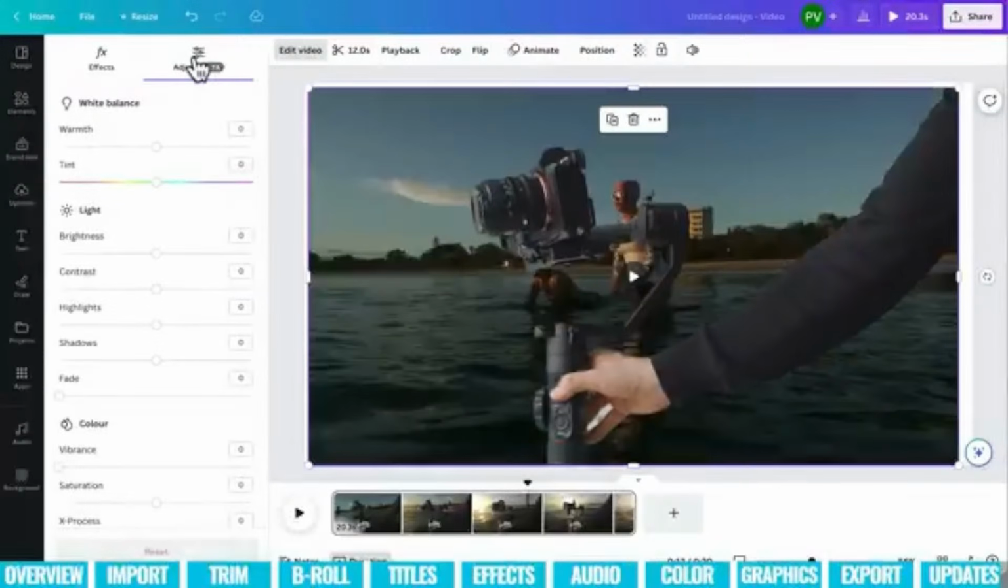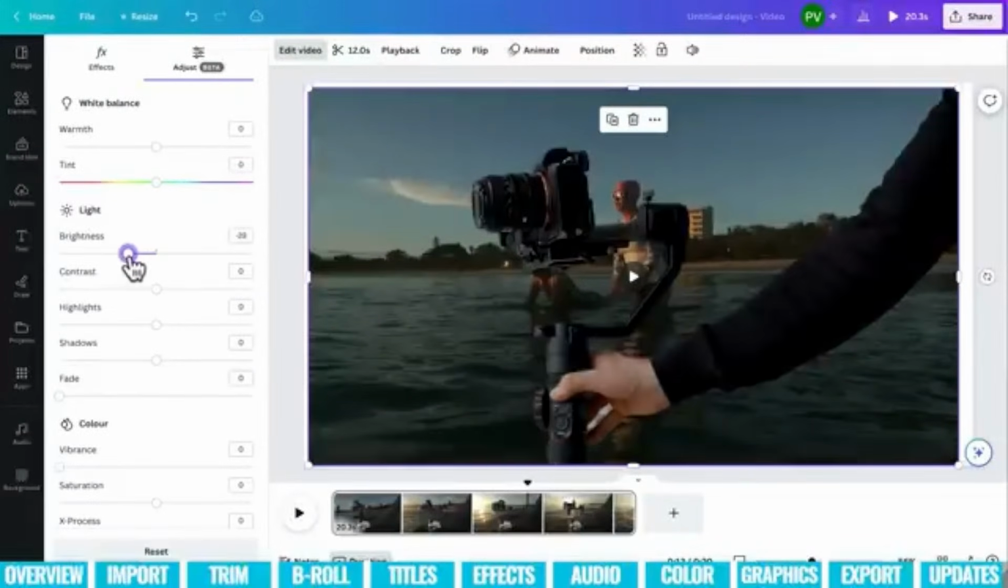You can also adjust some of the features up here, and you can see that